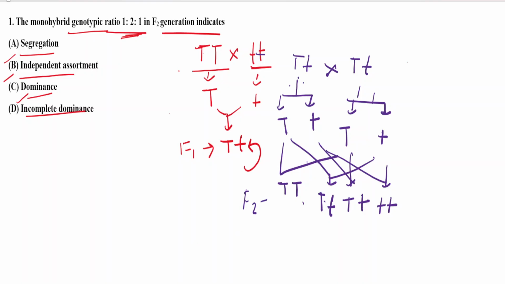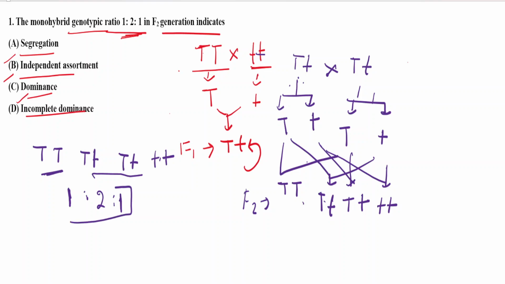So this is our F2 generation. In the F2 generation, basically what we are getting is capital T capital T, capital T small t, capital T small t, and small t small t. Genotypically, if we want to see it, we are getting this. Genotypically this is different. So this is 1, here this is only capital T capital T, and these two are different, capital T and small t. So this is 2, and this genotype is different, that is small t small t. So we are getting the ratio of 1 is to 2 is to 1 in monohybrid cross in the F2 generation.